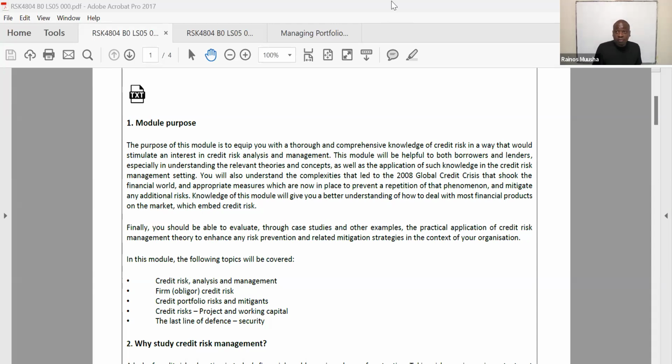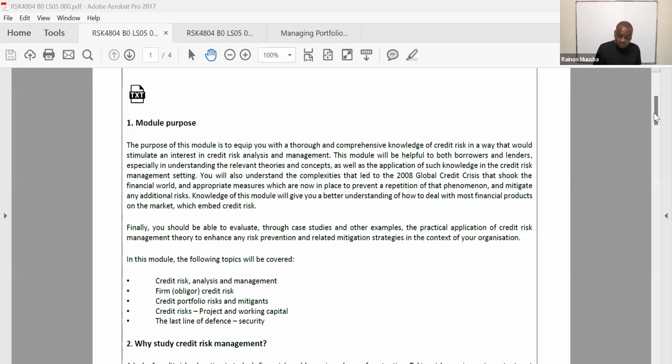So it's a mixture of calculation and theory. Which means that you should make sure that you master not just calculation, but also theory as well. So when it comes to the module purpose, according to the lecturer for RSK4804, the purpose of this module is to equip you with a